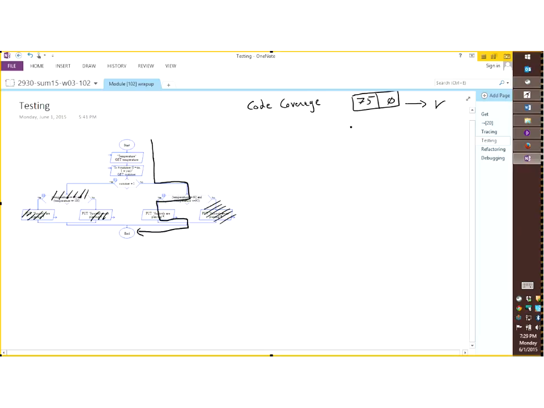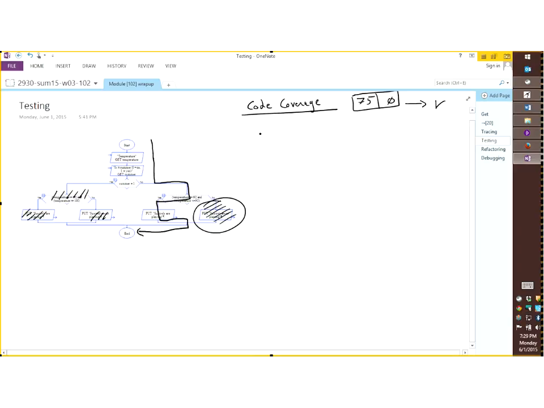Alright, so we were talking about dead code, right? We want to avoid having dead code. If I have 5 tests and none of the tests trigger this branch of my program, that's not a very good test suite. You'll hear the term test harness. This is not a good list of tests, because it doesn't trigger every possible part of the code. At the very minimum, I want to trigger every part of my code, and sometimes I have to trigger the same part multiple times to make a thorough test.